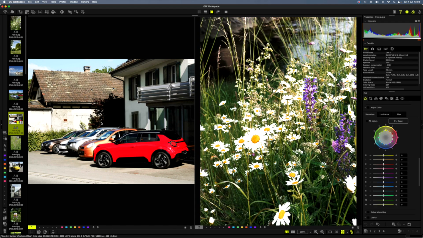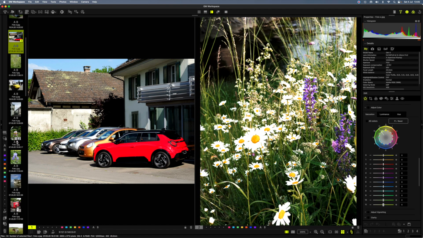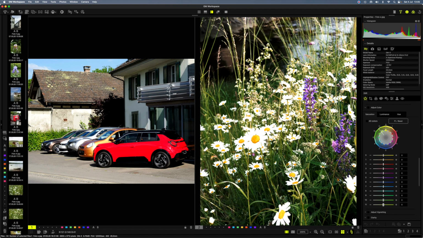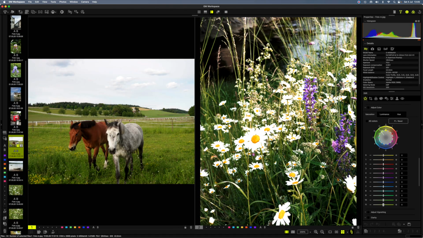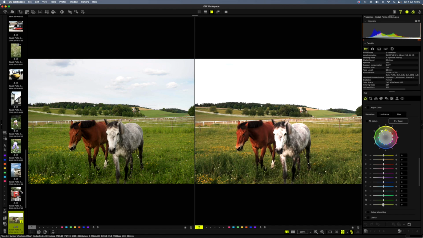I just want to go here and reset this image. I notice I haven't done it yet. And then I want to select a different image for this exercise. So here we can do the horses. I think they are very nice. And then we can go to the profile version of this image. And here we have it.